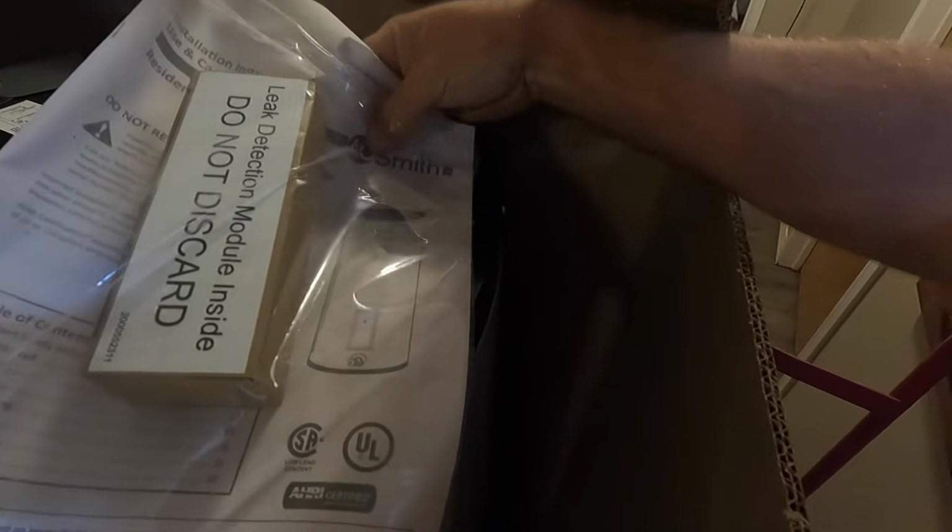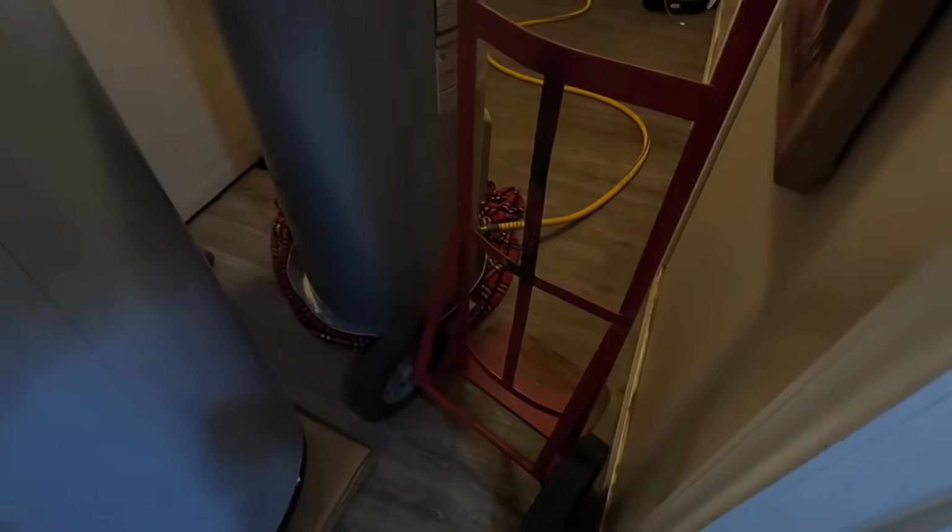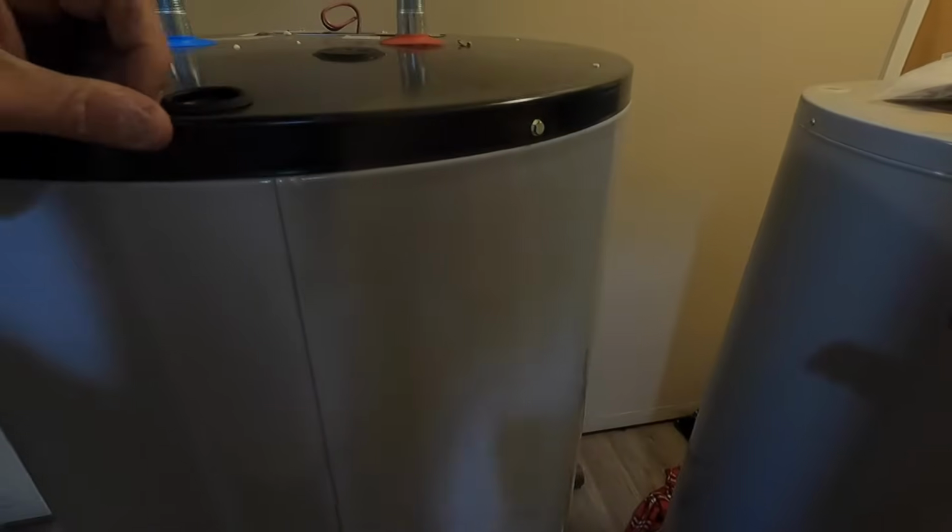Leak detection module inside. Do not discard. Let's get rid of that. And that's pretty nice, I'll tell you what. Alright, well,